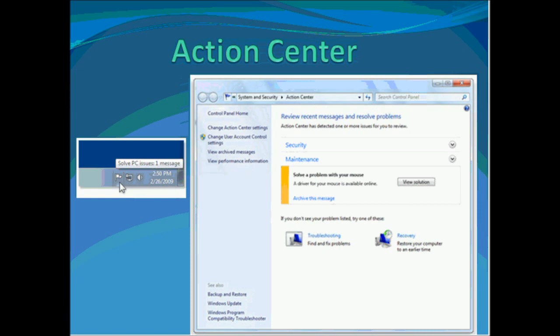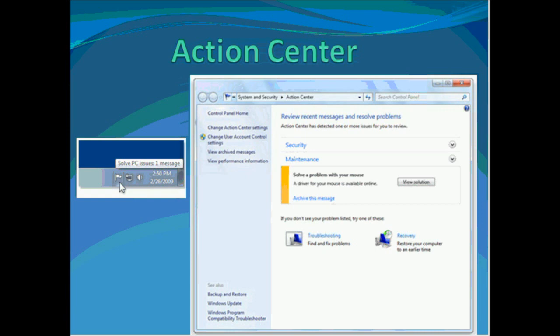What the Action Center does is it sends the report of that particular program to the Windows server, and a solution to that problem is returned to your system at your doorstep in the single program that is known as the Action Center. The Action Center records all the problems that your system has. That might be faulty hardware, faulty software, or anything that is creating a problem for your system. And it gets a report and sends it to Microsoft. Right after that, you get a solution.